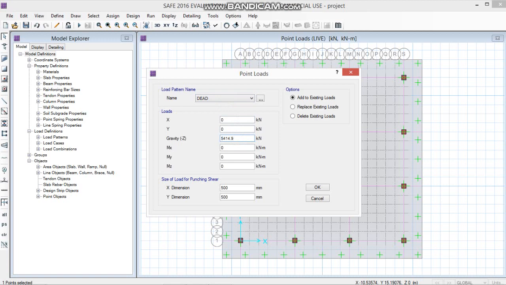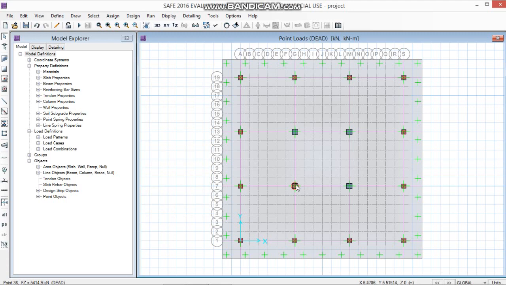This load value I have already dictated in an earlier segment of this video. Now change the size to 600 by 600. Click on OK. Likewise, go for the live load for this column.